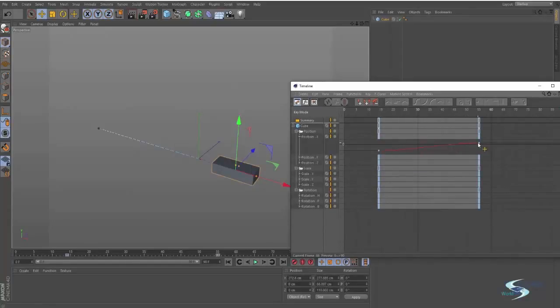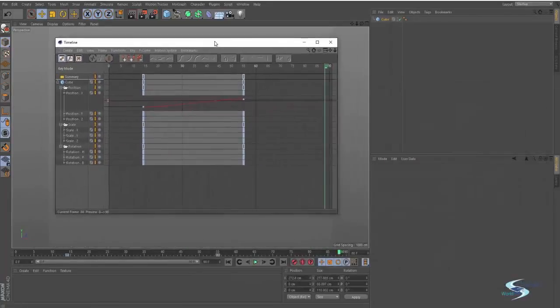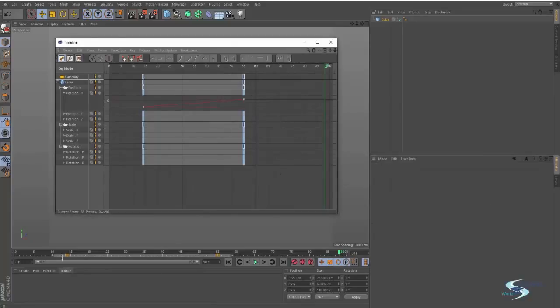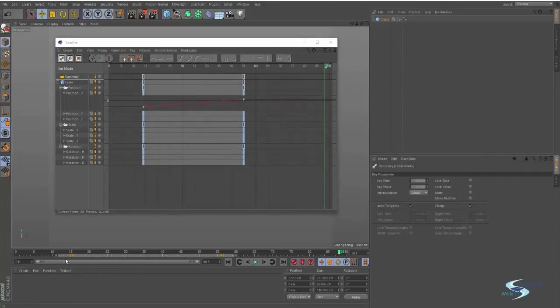So as you can see, this one has a bit of a curved look to it, and that is because I'm using the spline interpolation. I am very sure that if I put this to linear, it will turn straight like that. If you put it to a step, you can see that it's basically how a step works. It's like, and then completely vertical right here. So let's put it to a spline, I should say, like this,